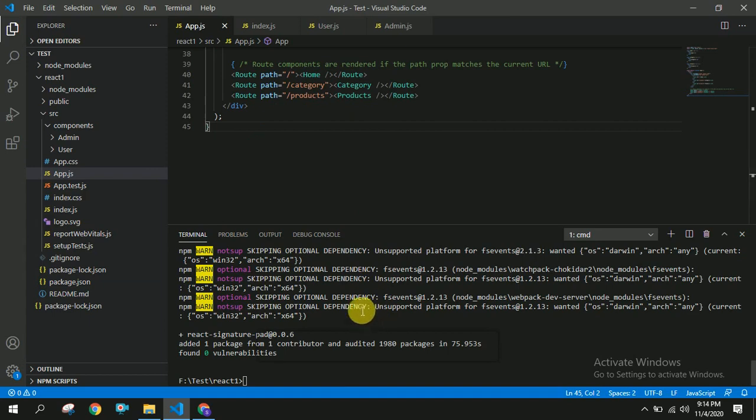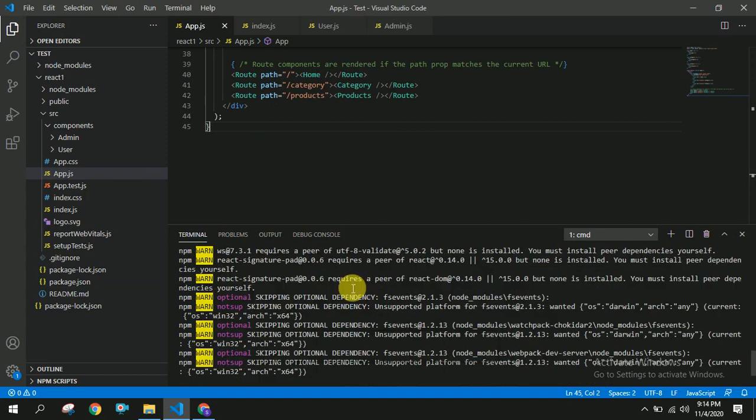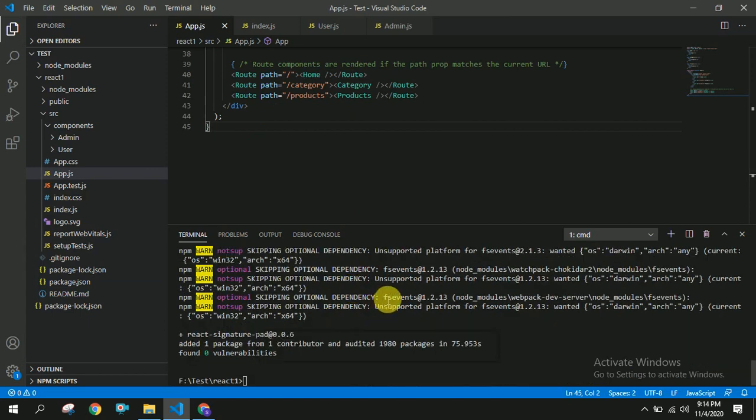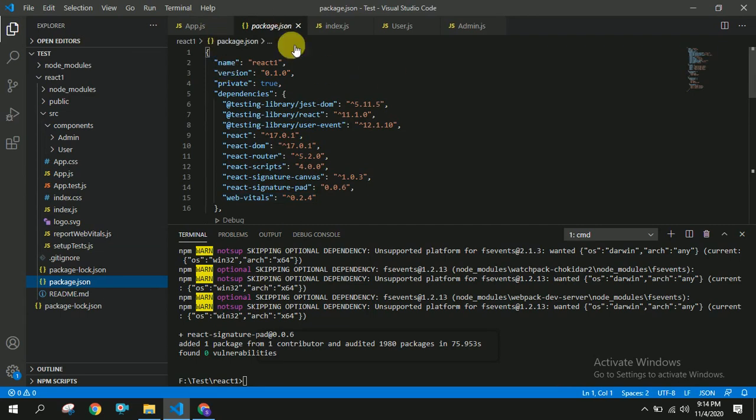So this also got installed, and let's verify whether it got installed and applied in our project or not. Let's open package.json, and if you open package.json you can see the React signature canvas and React signature pad in the package.json.